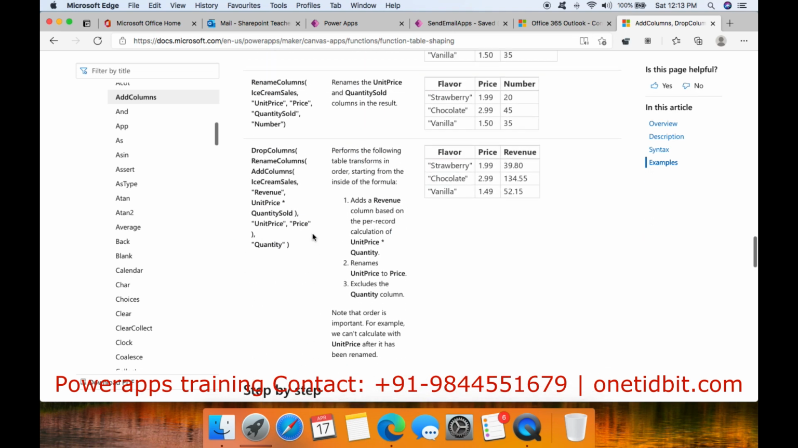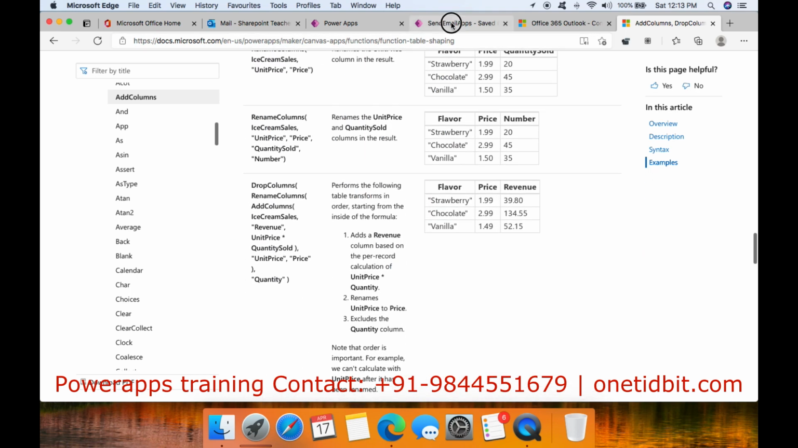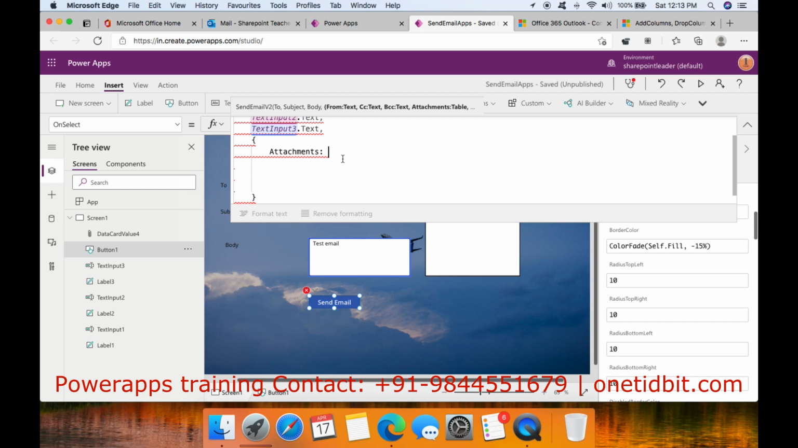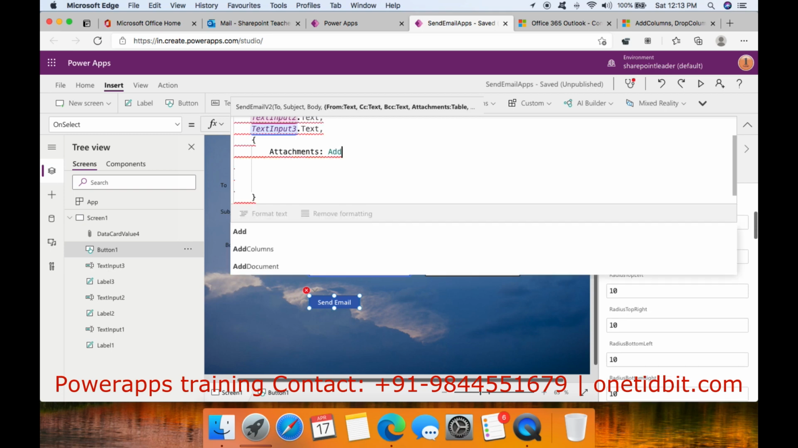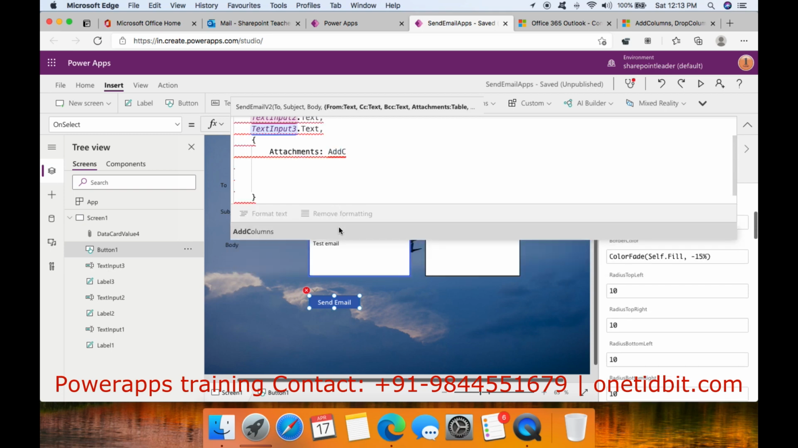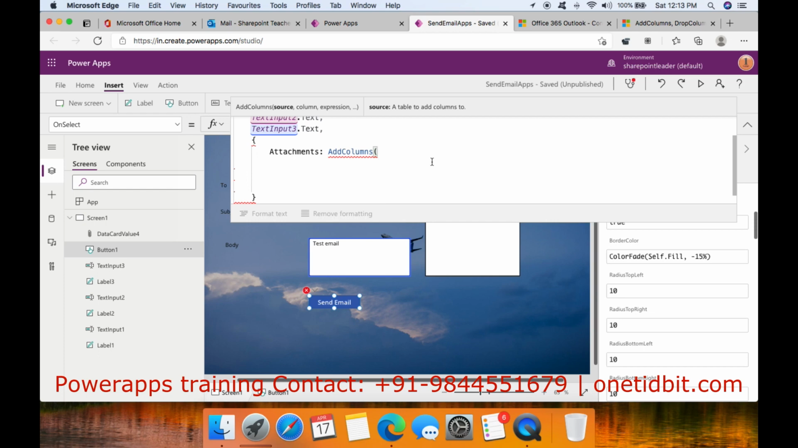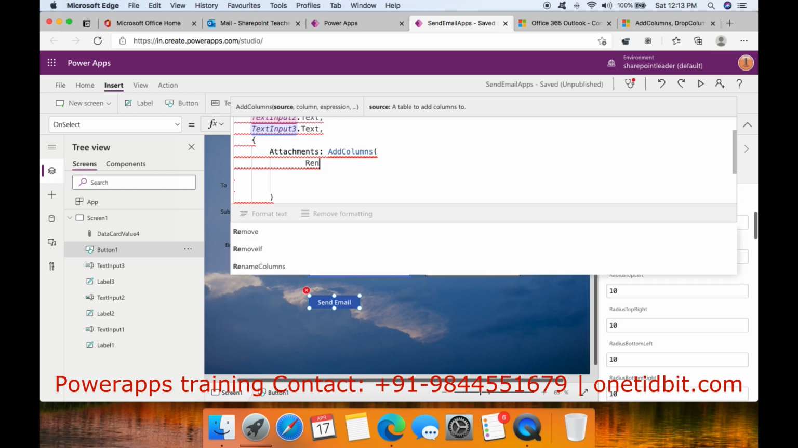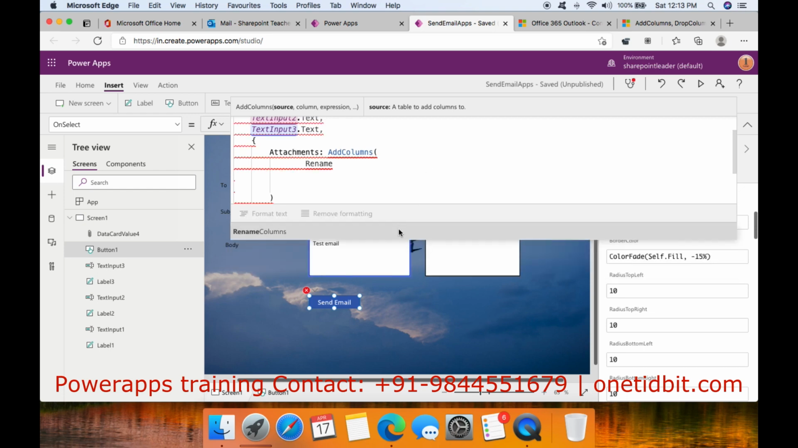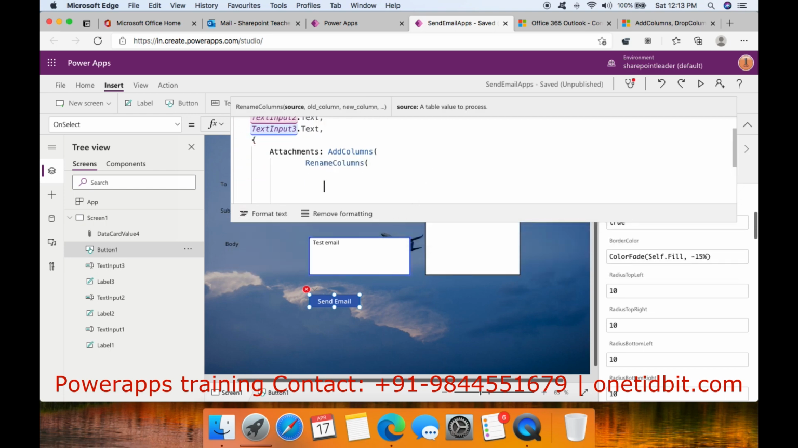So let's come to Power Apps again. In the attachments write AddColumns, and in the AddColumns close the bracket. In the bracket write RenameColumns, and again there we got one bracket, close that bracket. In the RenameColumns...